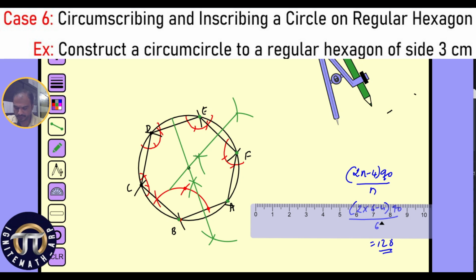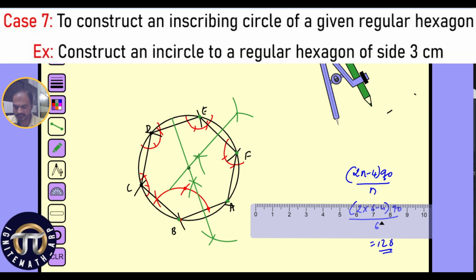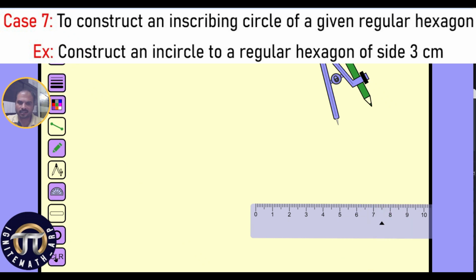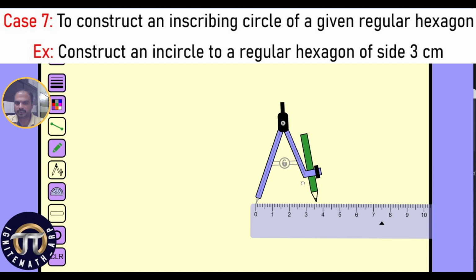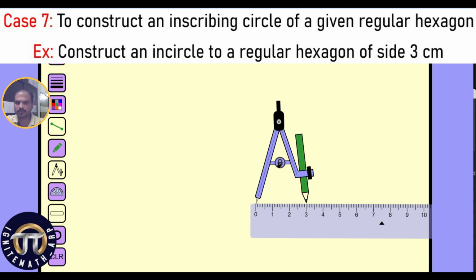Now, case number 7. What does case number 7 say? Construction of incircle to the regular hexagon. Again, I'll take an example of 3 centimeter only. We are going to construct a regular hexagon of side 3 centimeter. For this